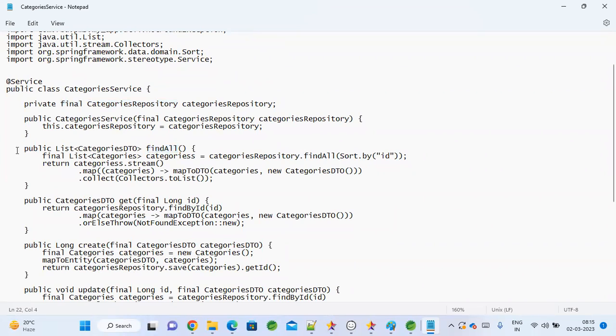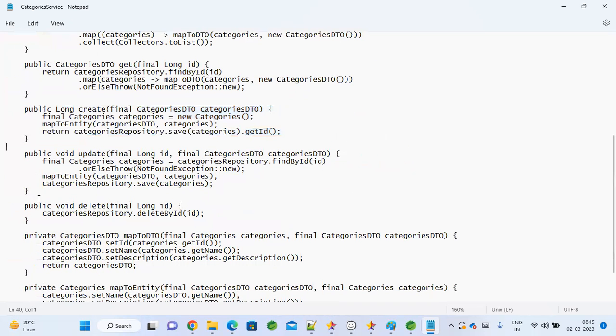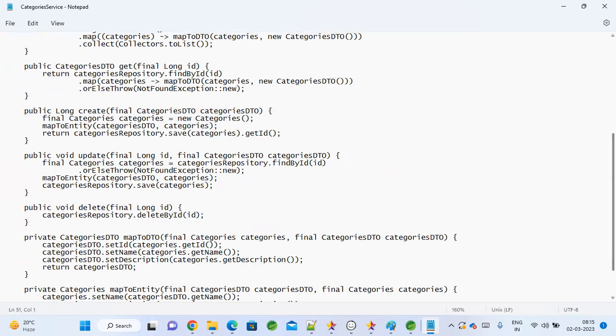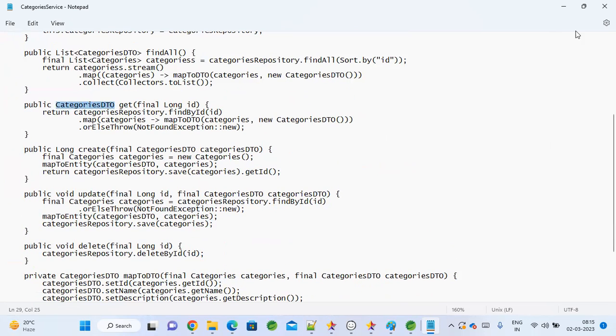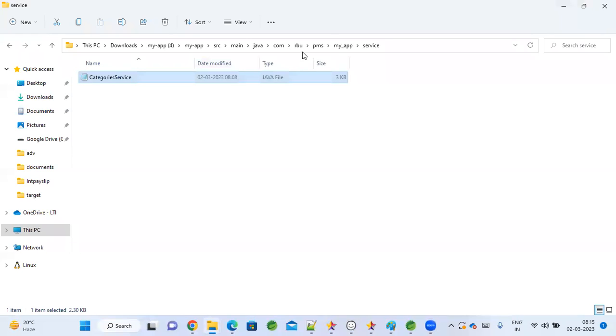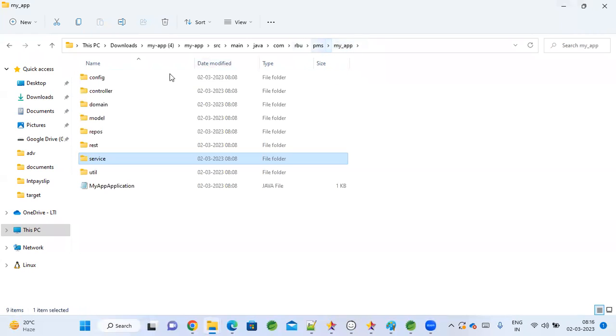So by default it generated methods. Find all is generated. Get one record is generated. And create option, update option, delete option, all methods created. And if you see here, it is using one DTO class. We created the entity only. Why was a DTO generated? One DTO is also generated